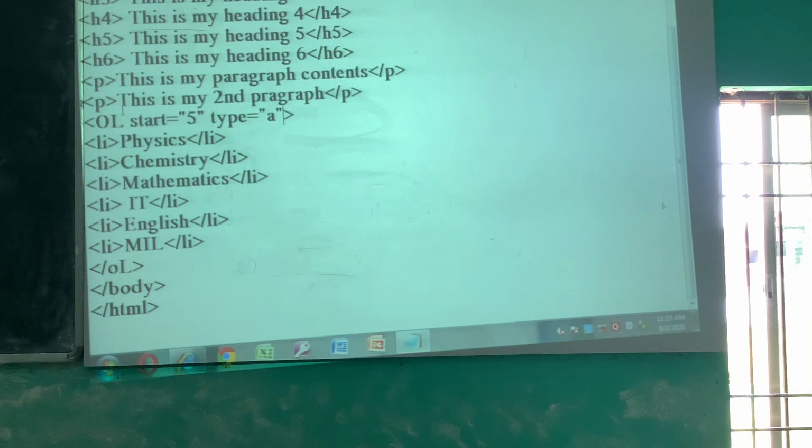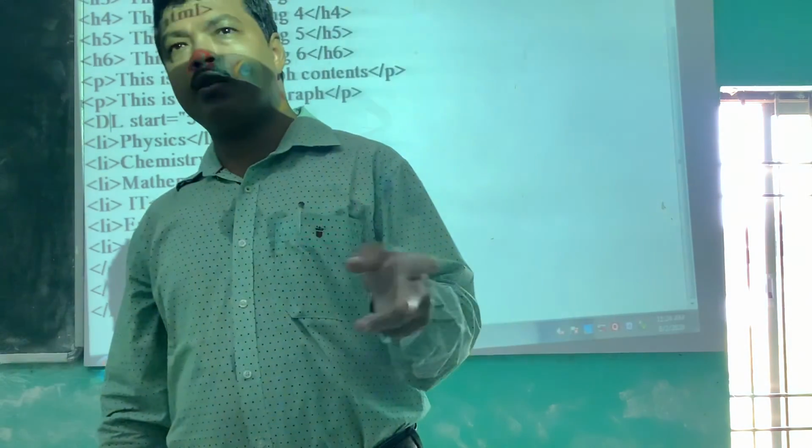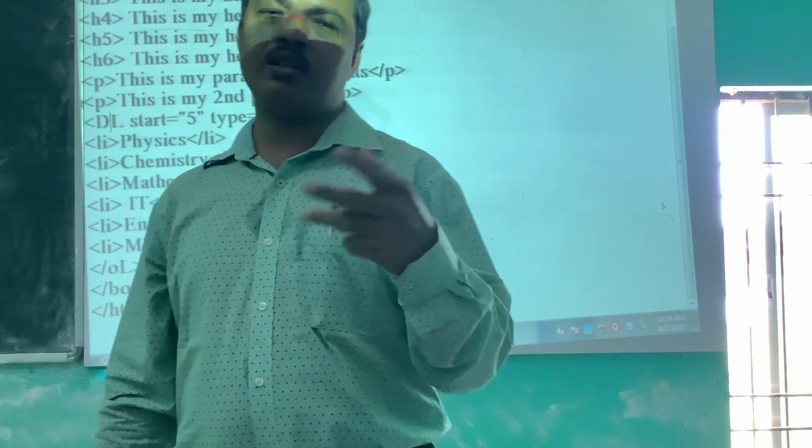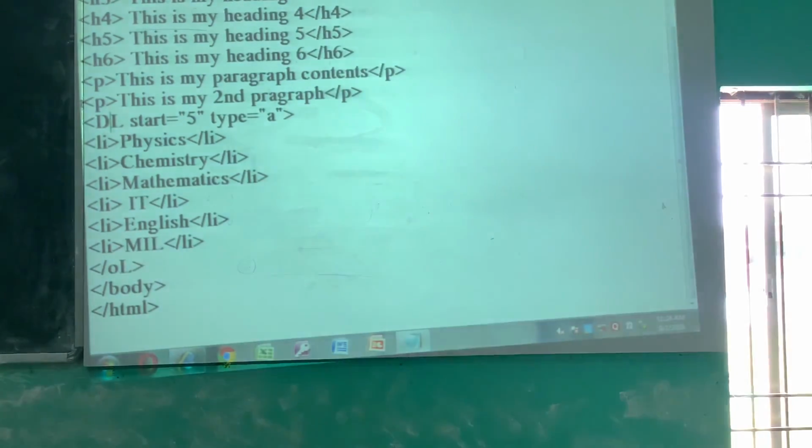Now let us demonstrate the definition list, the DL list. That means to define a term, you need 3 tags. One is DL, another is DT, and the third one is DD. Suppose you want to define the term HTML.